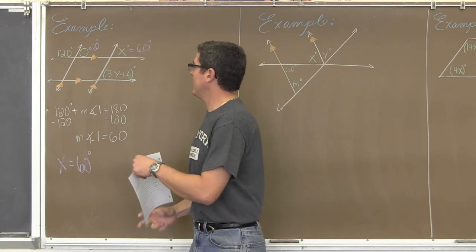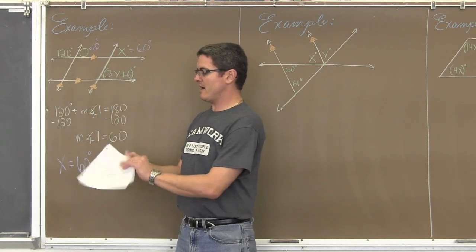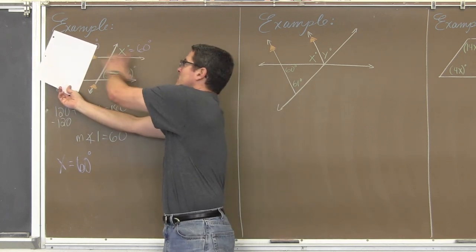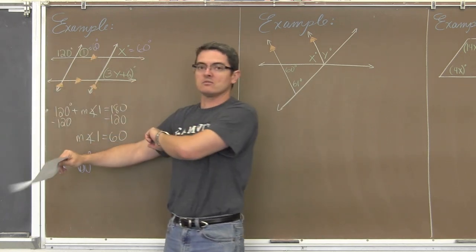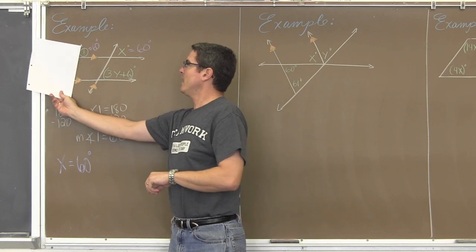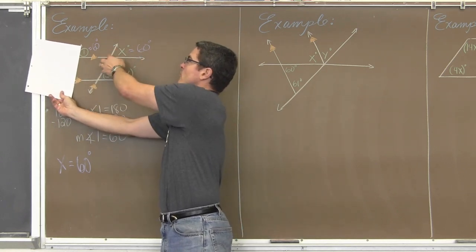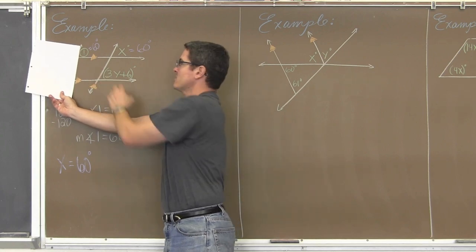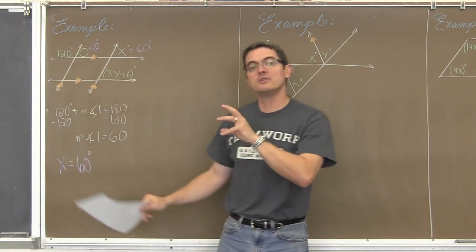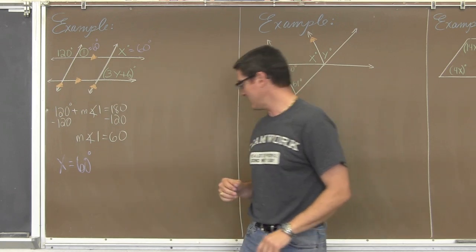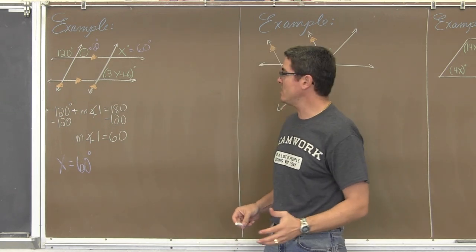So now I can leave out or take out some of my distraction here and look at this. I've got two parallel lines, as marked by the orange triangles I have here. I have two parallel lines being cut by a transversal. Well, in this intersection point, top right-hand corner, and this intersection point, top right-hand corner, those are corresponding angles, and once again, if we're intersecting parallel lines, those corresponding angles are equal.